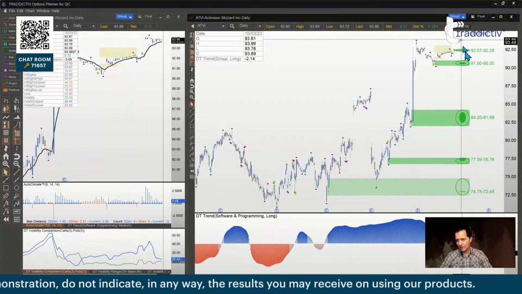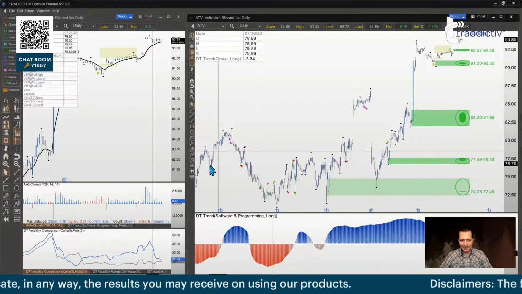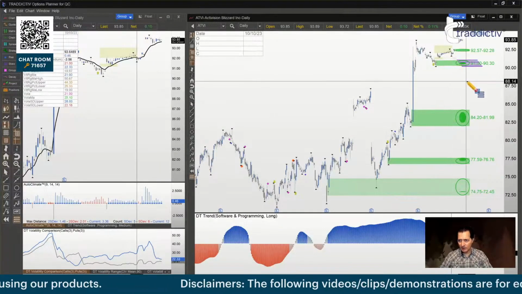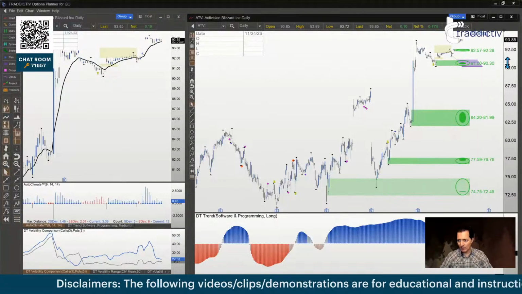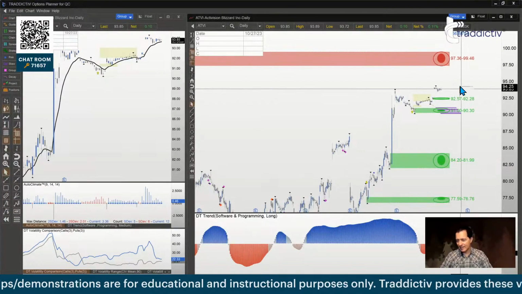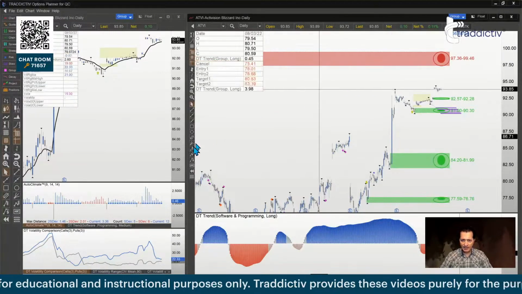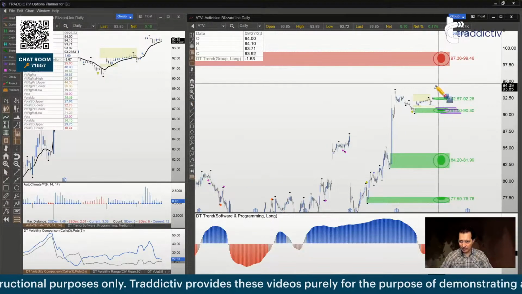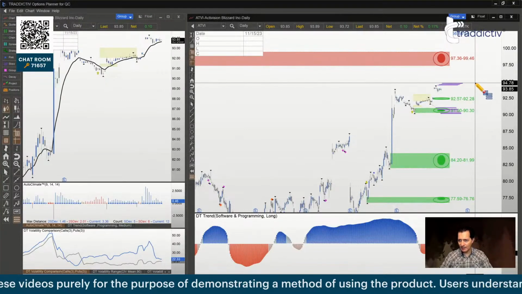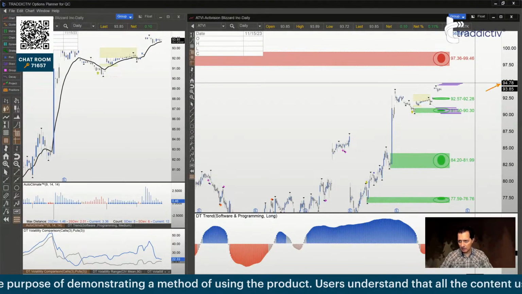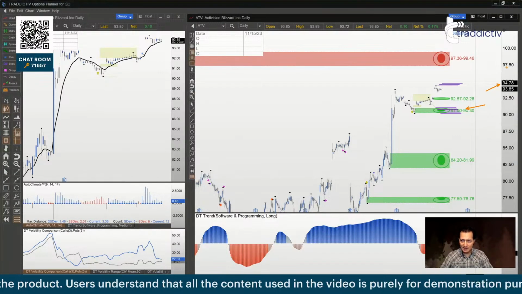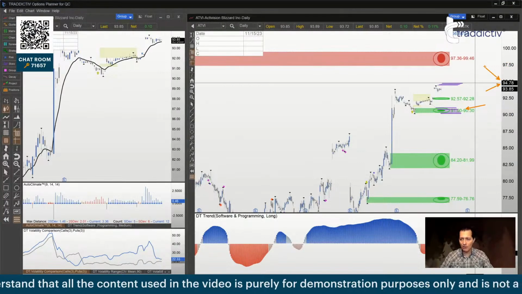And let's say you believe this is going down, and let's say you are setting your target based on this pivot point, and therefore you are looking at 91 something as the target. That's what you're looking for. Okay, so let's say that this is the case. Okay, and I'm just going to use another pivot point on top of this. Okay, and let's say that if it goes above 95, you are wrong. So if it gets to 91, you're right. If it gets to 95, you are wrong.